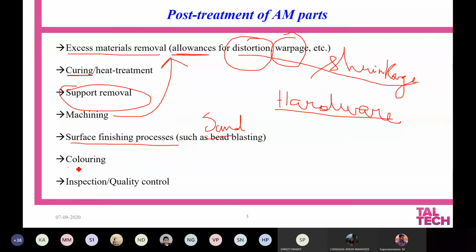Similarly, you may have to improve the aesthetics. So if you are going to use the part in any commercial operation, you may need to introduce some colors to the parts based on the other parts which are associated with the same component. You may have to introduce a certain amount of coloring, or you have to paint the component. And of course, quality control is essential. With this, we will see these